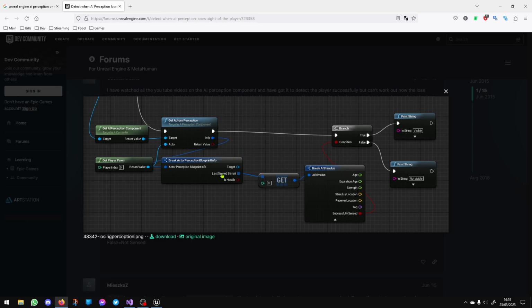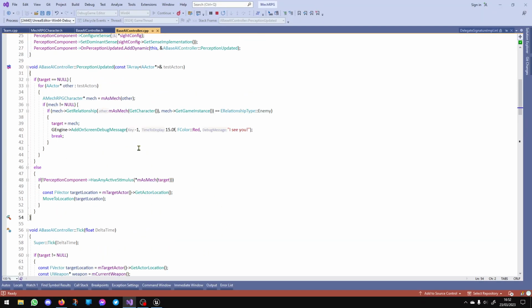Okay, so we want to get active perception, get the player pawn. We're getting the stimulus. That's interesting. Okay. So what we want to do instead